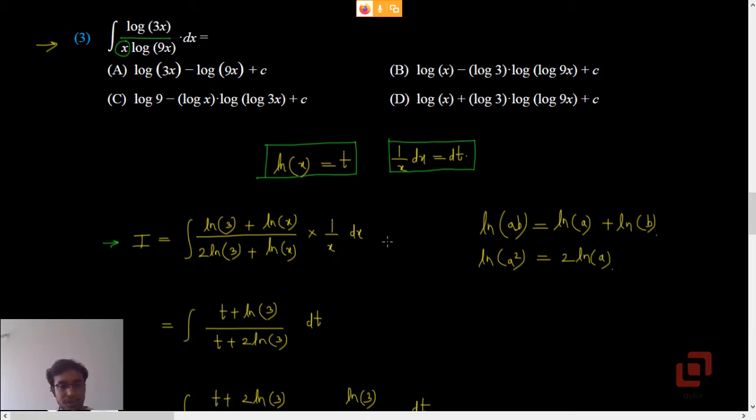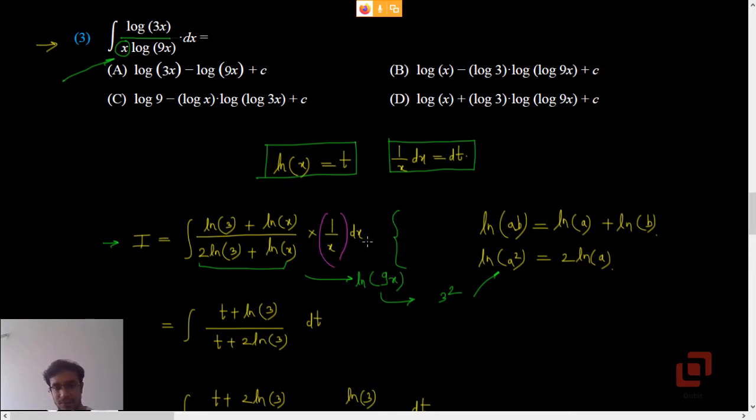Okay, so using these two properties here, the numerator will become log 3 plus log x, and the denominator will become 2 log 3 plus log x. Okay, so 2 log 3 plus log x is the representation of the term log of 9x. 9 is 3 raised to 2, so there you use this property. Then don't forget this x, which sits in the denominator here. Because we have chosen log x as our substituted variable,